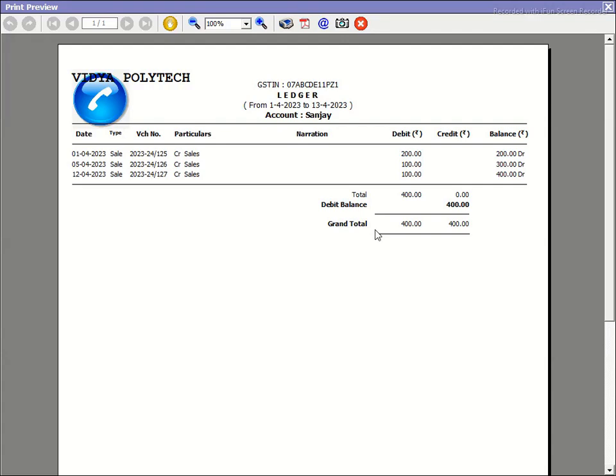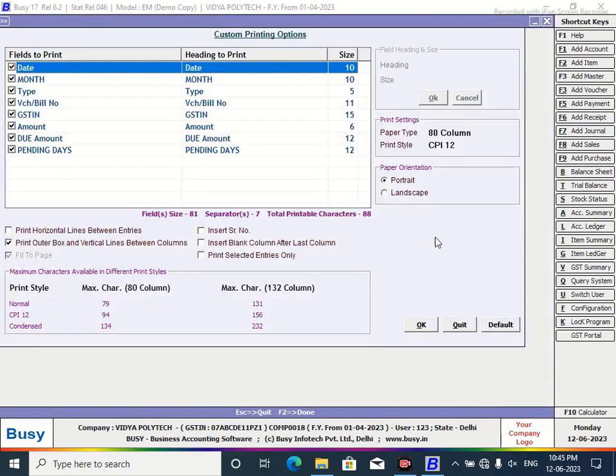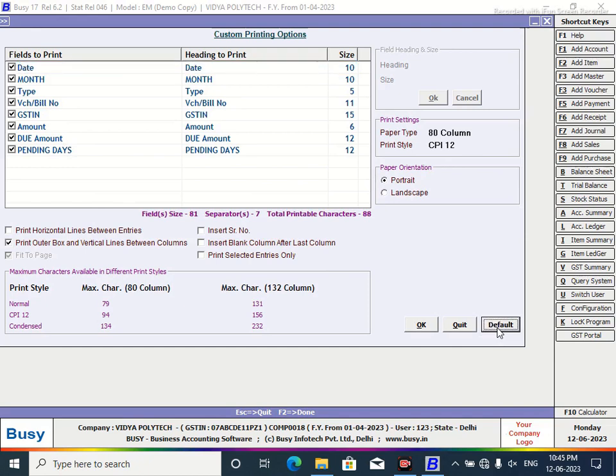This is the standard format. Account ledger standard format. Now I will change it. I'll go back. I will change here. It's 80 column. It's okay. It's all there. Now I will go for